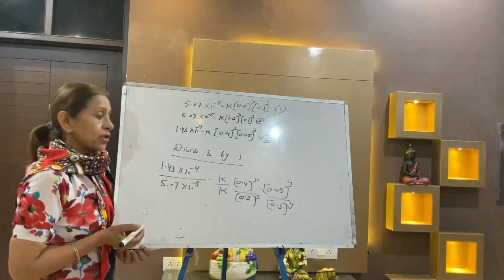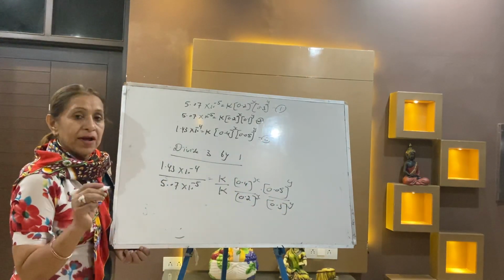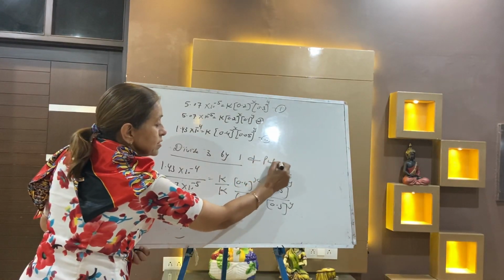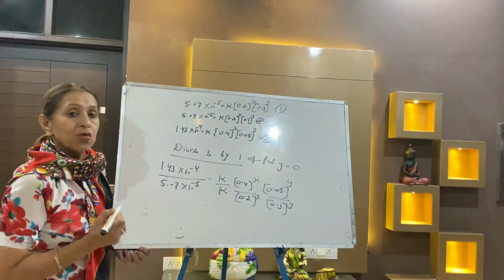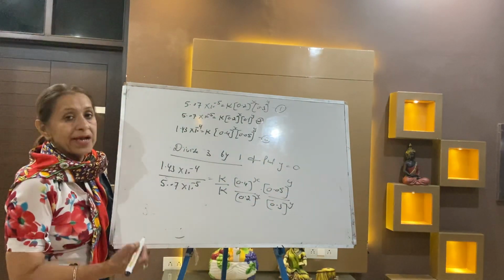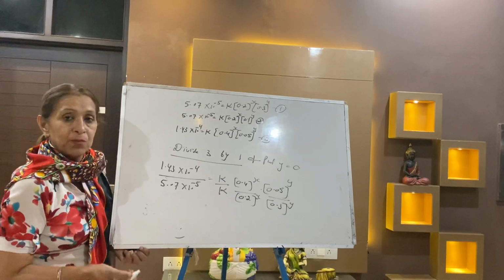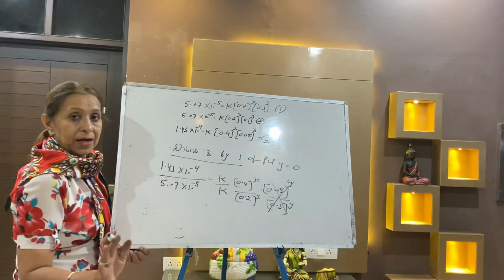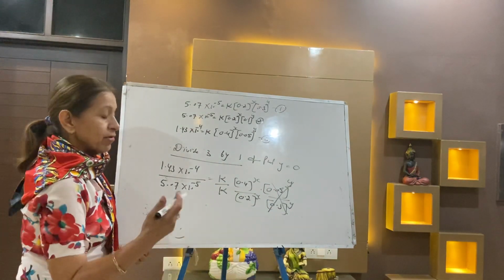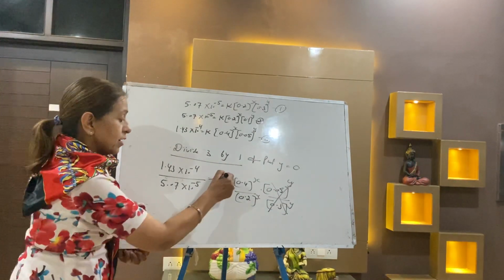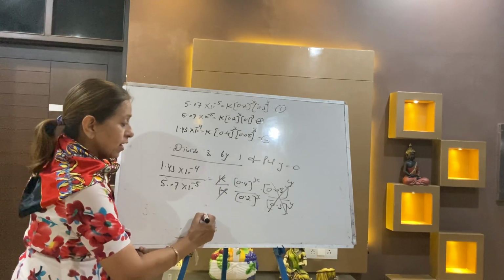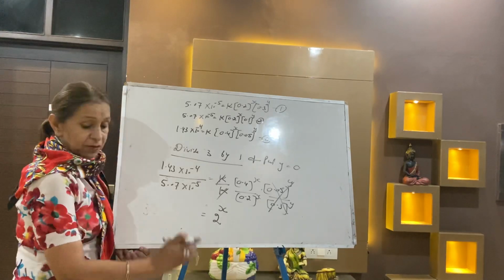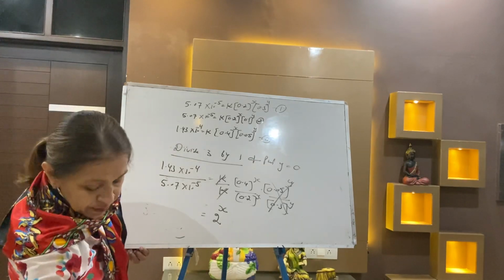Now, students, you will write divide 3 by 1 or divide 3 by 2, and specially write and put Y is equal to 0. We have calculated Y as 0, so you put Y is equal to 0. The moment you put Y as 0, this will vanish, nothing left. Y power 0 is equal to 1. K cancels. Your answer will come 2 power X. In this case, your answer will come in fraction, so attempt it at your home.